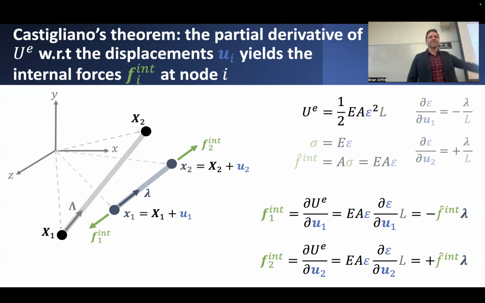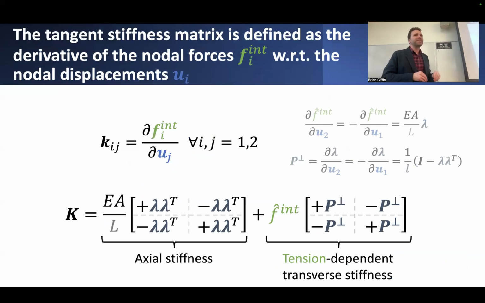And then there's this orientation vector, lowercase lambda. Both of those things implicitly depend on the nodal displacements. So when we take derivatives of both of these expressions, we actually have to use a product rule of differentiation that says, well, there'll be contributions from taking derivatives with respect to F hat, leaving lambda alone. And there will be contributions from leaving F hat alone, but taking derivatives of lambda now with respect to the displacements. Those two contributions lead to two resulting contributions that you can lump together in the final expression for the resulting stiffness matrix